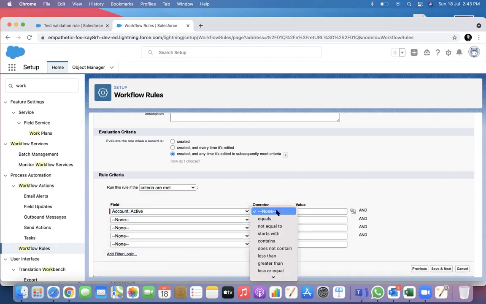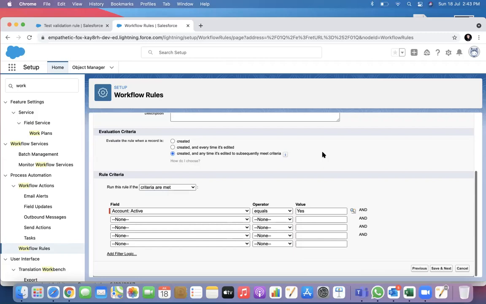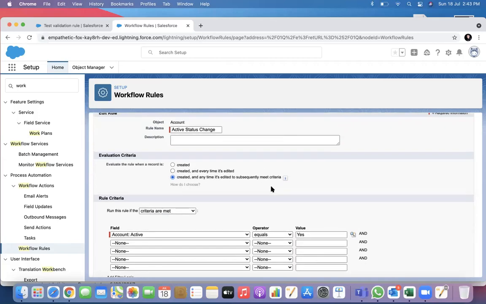Active equals yes. So if the account active equals yes, then only I want this to be fired. That means it changes to yes. Otherwise, it will not fire every time you edit.